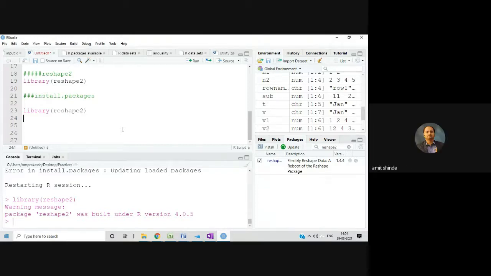Sir, how do I know that particular reshape library is being loaded? So once you execute this one, it will be loaded, right? For example, if you see, I just executed that one. It's giving me one warning. That's it. Otherwise, it's loaded. Even in quadrant 4, we'll come to know, right? It's loaded over there. If you press update, it shows, right? If you click on packages, correct. Yeah. So once you install it, then it will be visible over here. Once you search, then that will be visible. Then you can click on the checkbox. This will be loaded in your program.